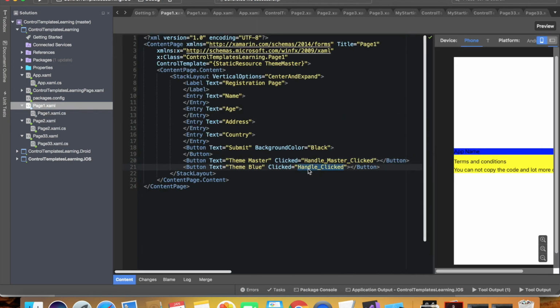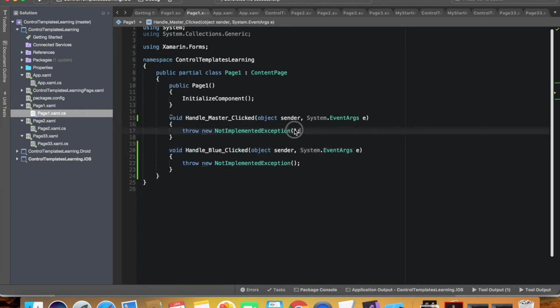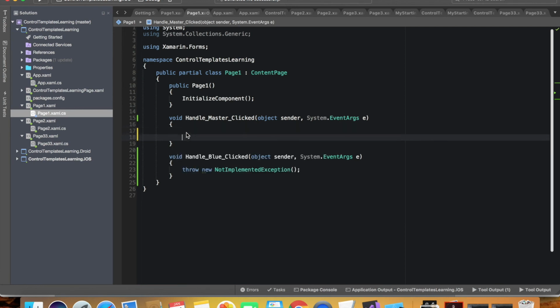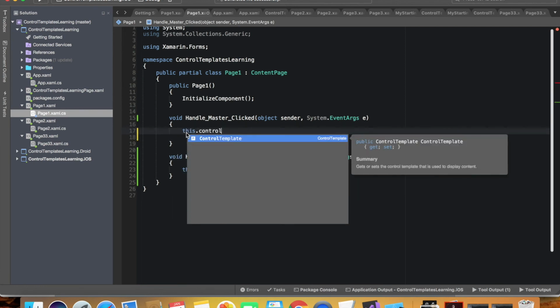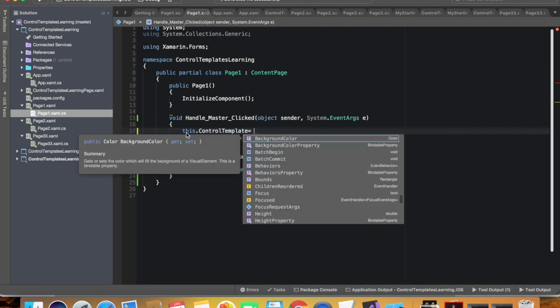So what we are going to do is make them switch the theme based on whatever button is clicked. For example, if somebody clicks on the theme master, what should happen? What should happen is we are going to change our control template to the theme master. Now theme master itself is a template, we have to find it from